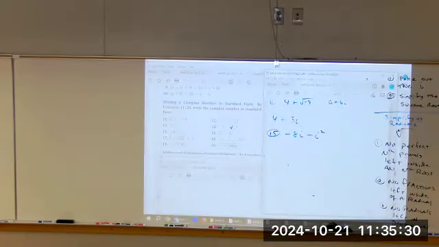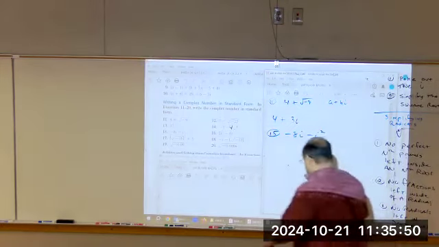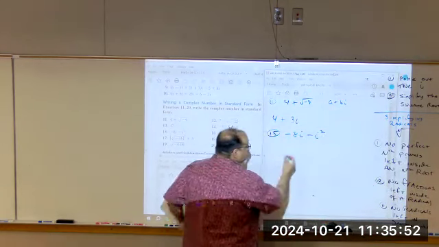Okay. Number 15. If you don't pay attention to what you're doing, it'll be messy. We want to simplify and write the answer in standard form. There's nothing you can do to negative 8i. That's simplified. Minus i squared. You have to simplify the i squared. So this is minus